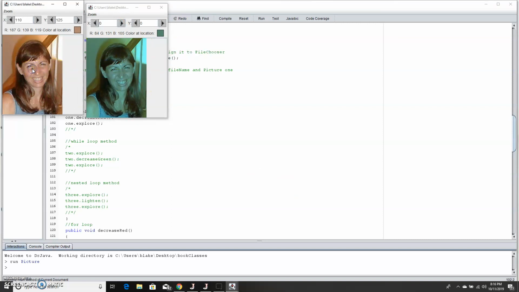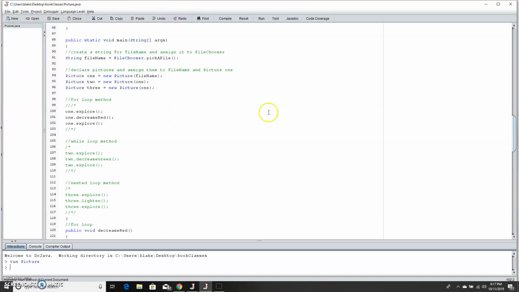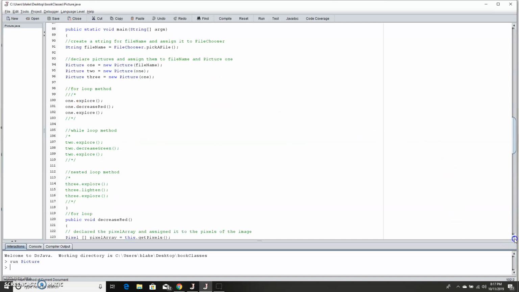So let's just pick a specific spot, 110 for my X value, and 125. Press enter. As you can see, my red value was decreased by 50%. Here is 187, and over here is 93. Okay, cool. So that's for decreasing my red value with a for loop. All right, let's go down